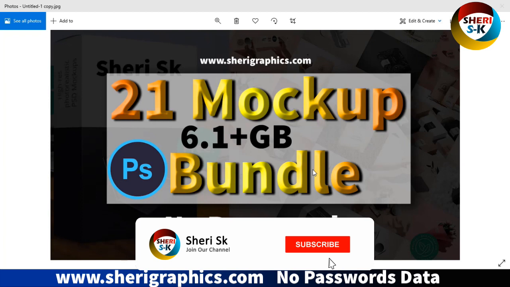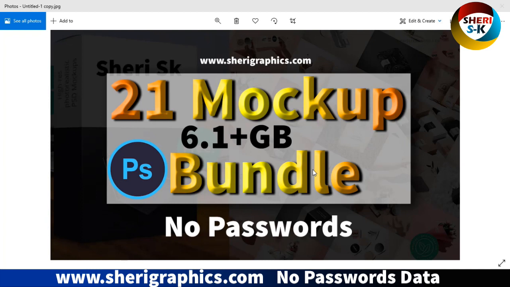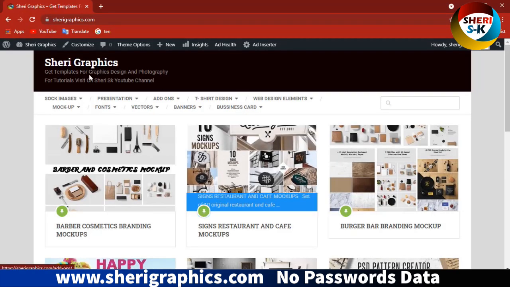Hello friends, I hope you're quite well, and today I have a 21 mockup bundle in PSD file and the size is 6.1 plus GB with no password. And go to my website